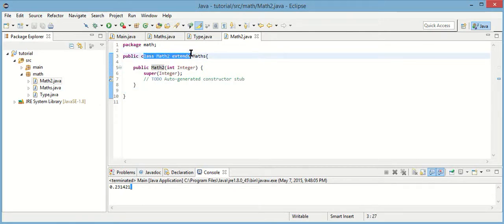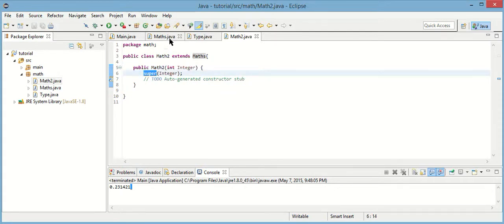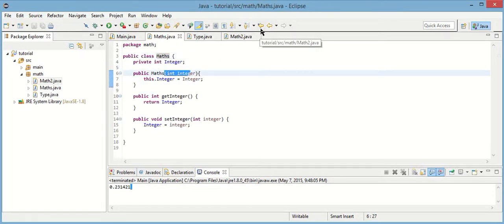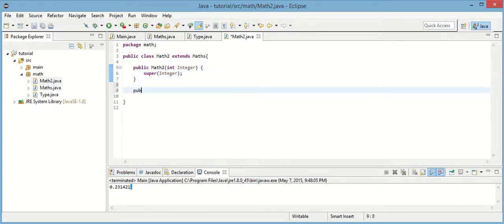So I made it extend maths class, which was the one we made, and super is a reference to the class that it extends, and it's taking in the same thing for the main, so it can have that class there. So you can create a method in here, public integer